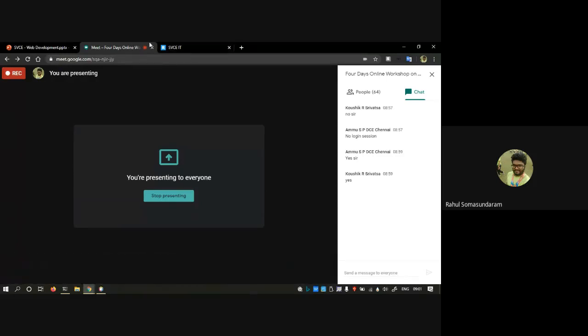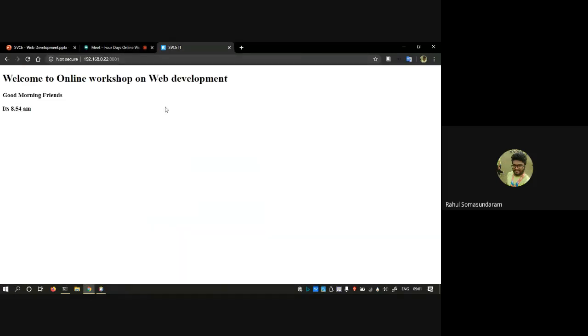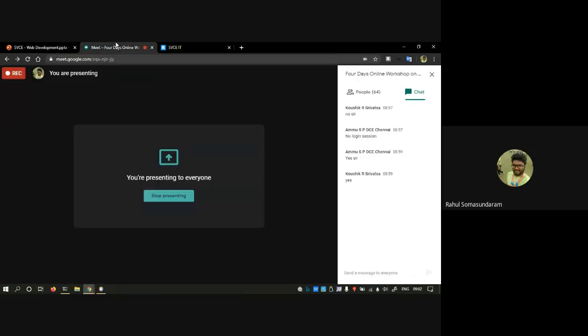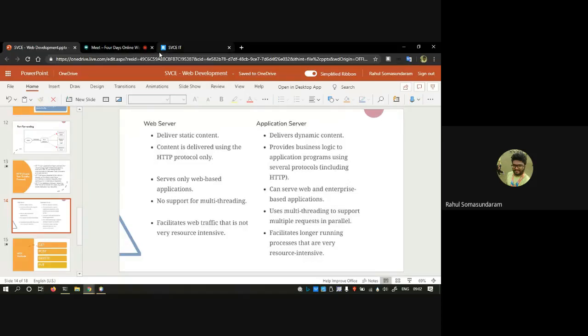Okay, no issues. The static content is something like this. Unless and until I go and change this code, that is the HTML code in the background, it is not going to change, correct? So this is termed as static contents. This can be served via a light application server, that is an application server which can run with fewer resources and less memory usage. So this is called a static application. When you take your college websites, most of them will be static websites only.